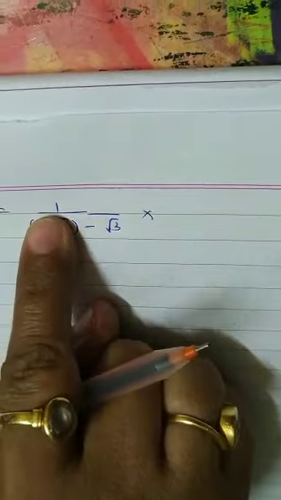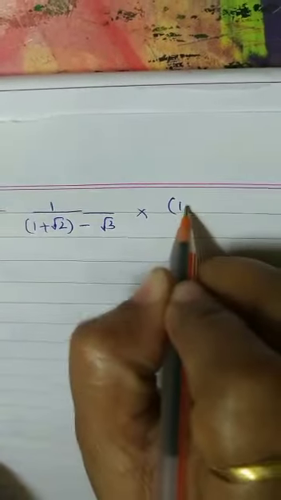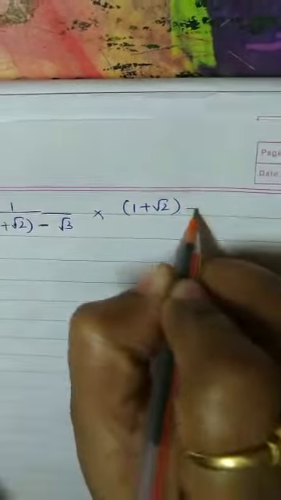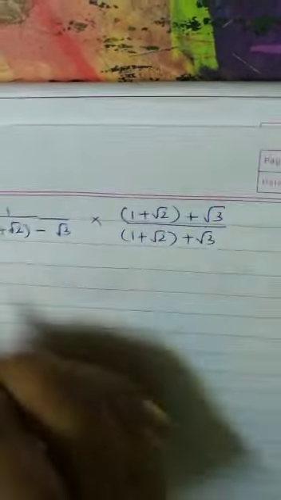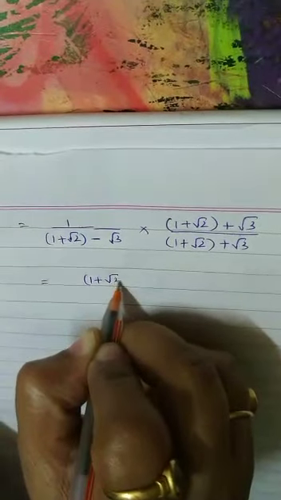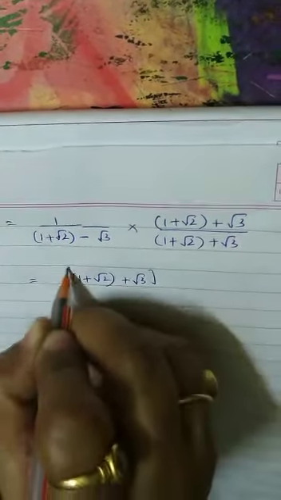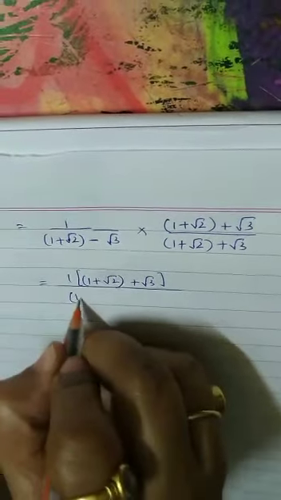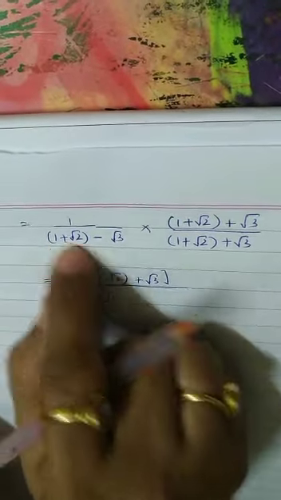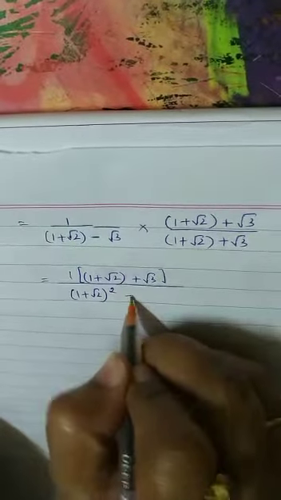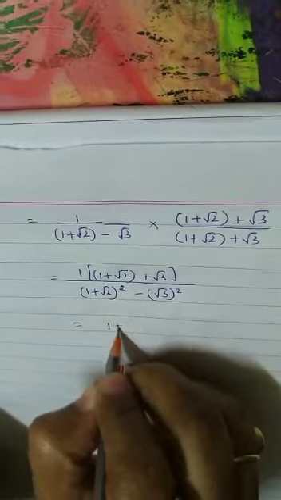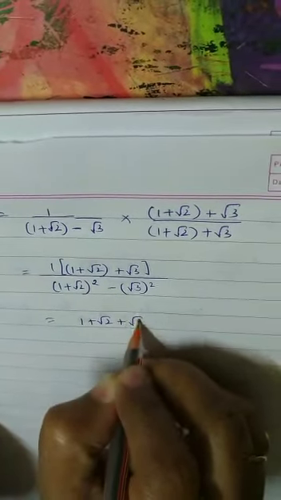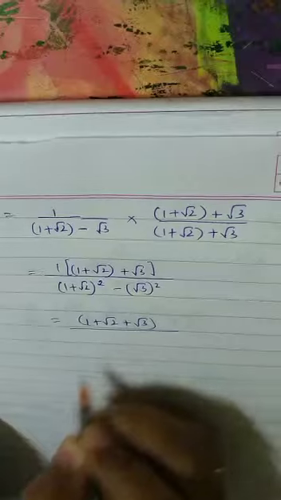So can you tell me what will be the conjugate of this? Consider this as 1. Now inside the bracket we are going to do nothing. So I have 1 plus root 2. This minus sign will change to plus. So this becomes 1 plus root 2 plus root 3, the whole into 1 upon 1 plus root 2 minus root 3. A minus b, a plus b gives me a square minus b square. Now numerator multiplied with 1 will remain the same, 1 plus root 2, and this is plus root 3, so we can open it directly, put it in a bracket.